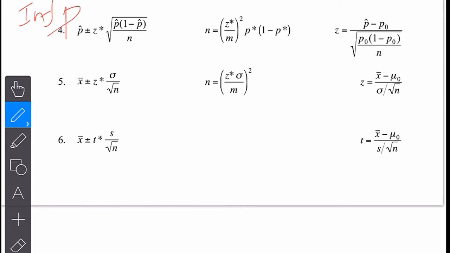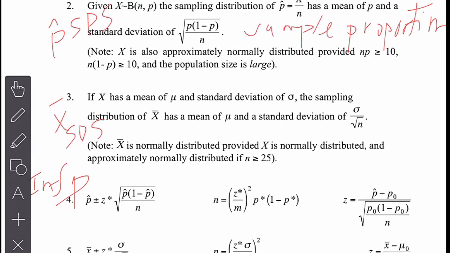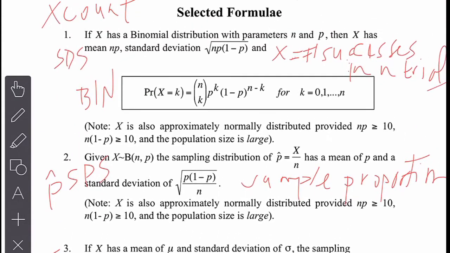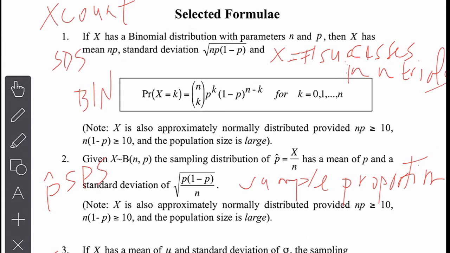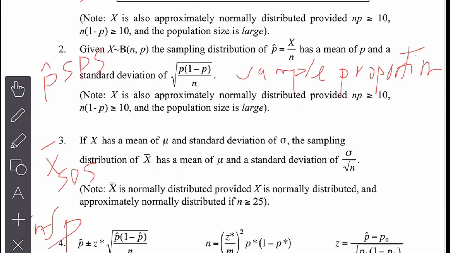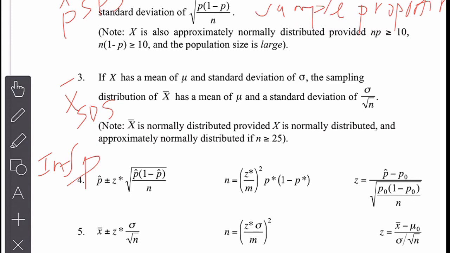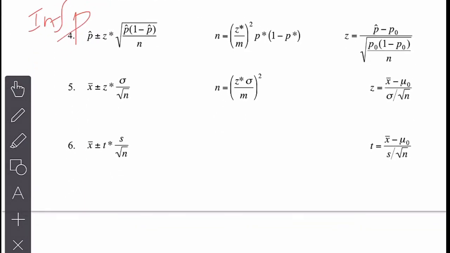That's what we're doing. We're doing inference, we're guessing about p, the parameter. Whereas above, I was always talking about the sample statistics, right? So these are all about statistics. X is a statistic, p hat is a statistic, and x bar is a statistic, but this inference is now about the parameters. Okay, so that's another way you're going to know not to use the formulas above, but you're going to use